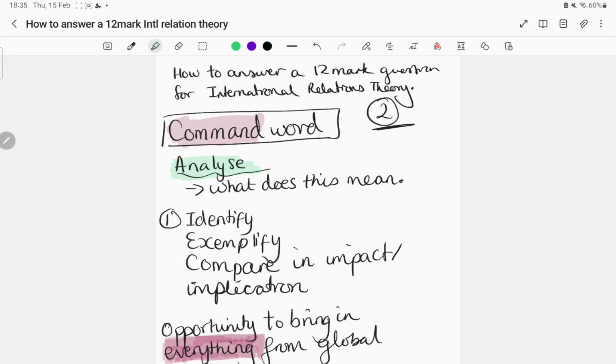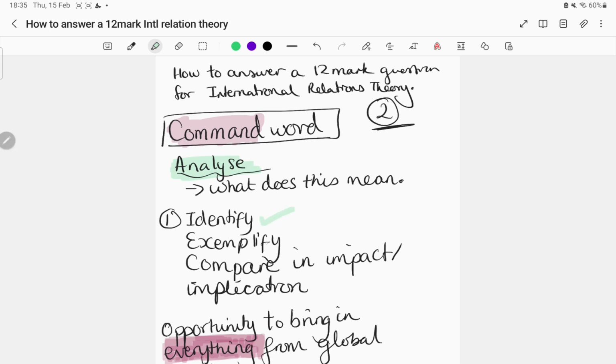So first of all, when it says analyze, you need to identify whatever is in the question. So if the question is analyze the disagreements between liberals and realists over the likelihood of war and conflict, then that needs to be identified. So you might say, on the one hand, realists believe that conflict is inevitable due to, and then you will